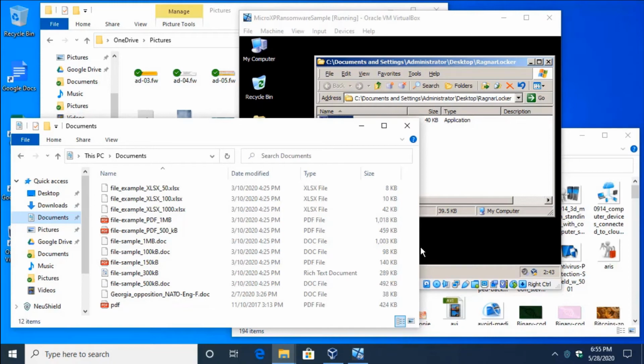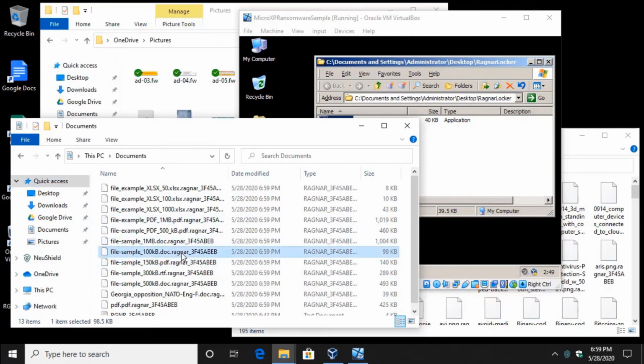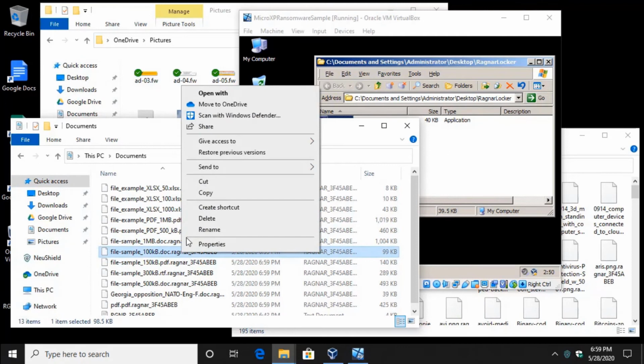So we're just waiting here a minute for the ransomware to encrypt those files. The first thing you'll probably see is the desktop changing, and then after that you'll see the folders all having the RegnaLocker extension, which is the extension used by this particular ransomware. There you go. You see the desktop changed to a black color, and the documents on this PC changed to have the RegnaLocker extensions.